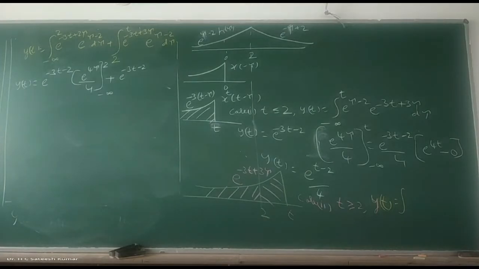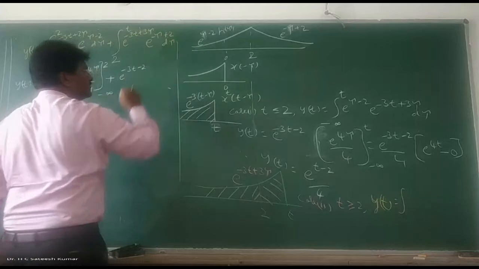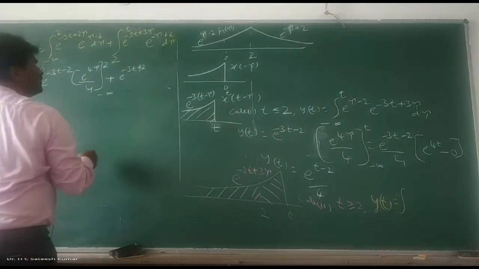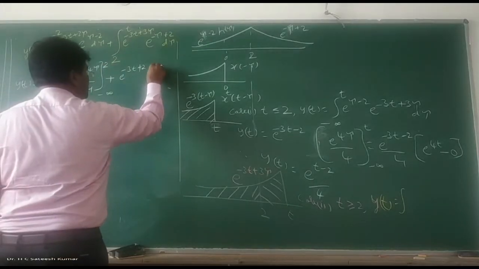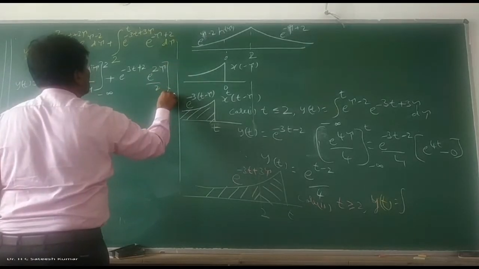Sorry, what is that we have? First part is e to the power of minus 3t plus 3 tau multiplied by tau minus 2. Second part is minus tau plus 2. This is minus tau plus 2. Okay, right. So what is that we have? e to the power of minus 3t plus 2 into e to the power of 3 tau minus tau means e to the power of 2 tau. Integration of e to the power of 2 tau is 2 tau divided by 2 between the limits 2 to t,